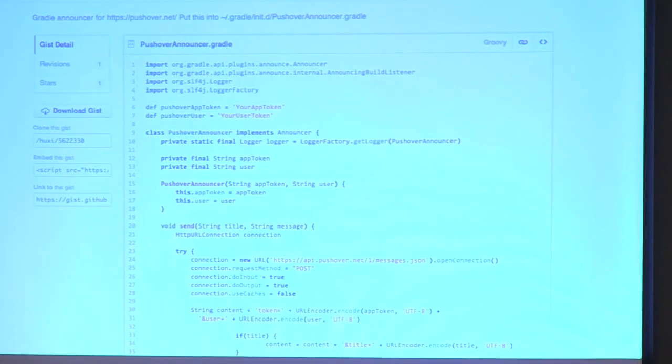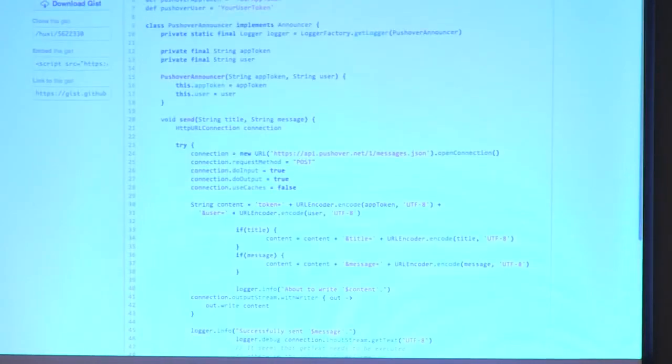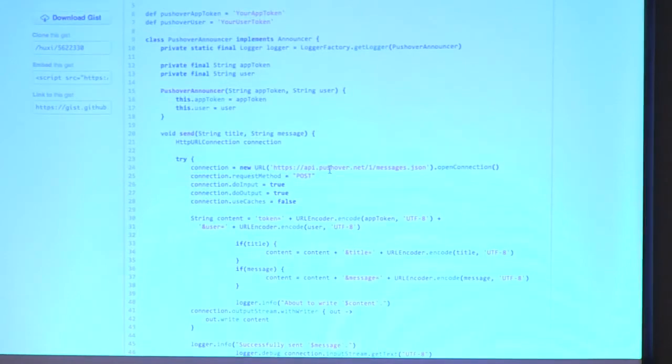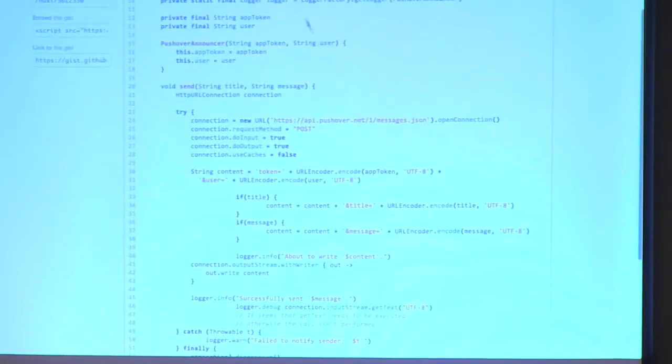And what this guy did was, there's this API out there, the service is named pushover.net, and by just implementing the announcer interface,